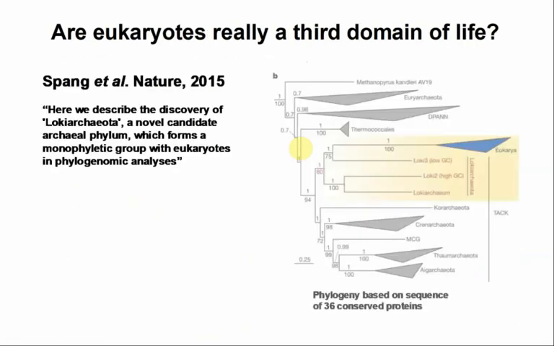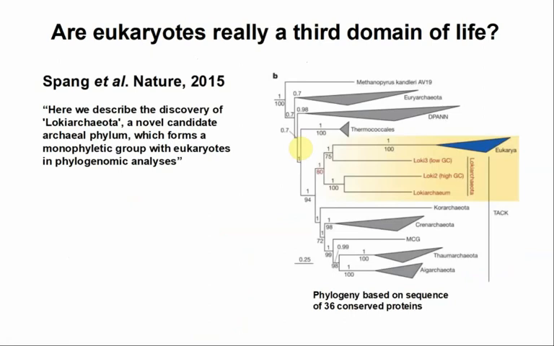In 2015, there was a very important paper describing the genome sequence of a new type of archaebacteria, the Lokiarchaeota. They had 3 genome sequences formed from shotgun sequencing, and then they matched up the contigs to get a whole genome. What is interesting here is that when you put together the sequences of 36 conserved proteins, so this is MLST, and determine the phylogenetics, all of these guys are archaebacteria,